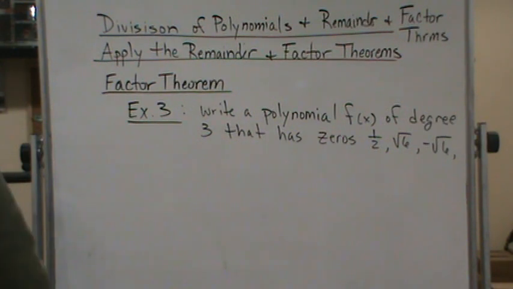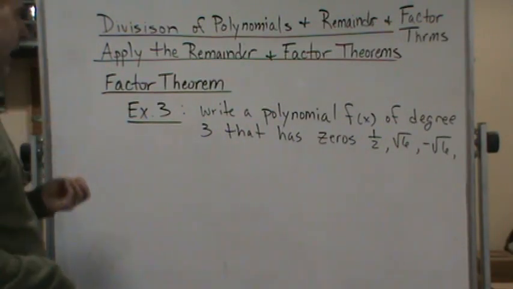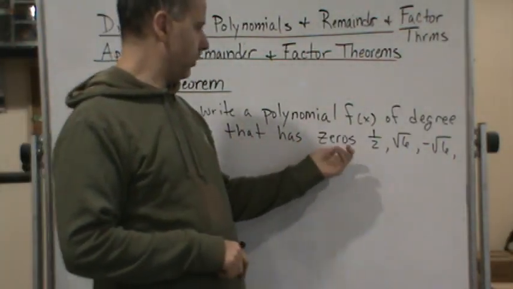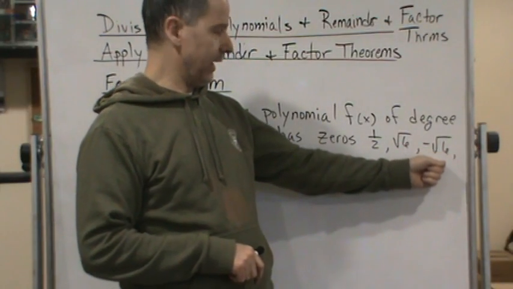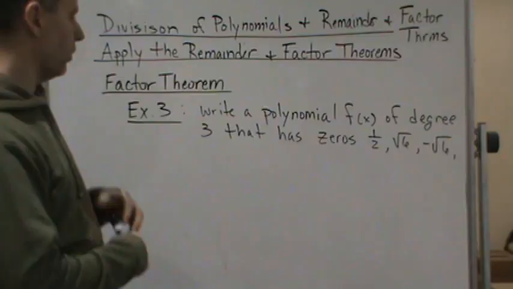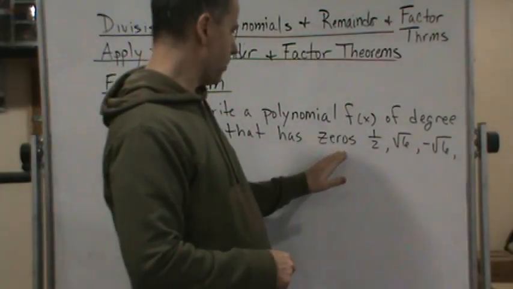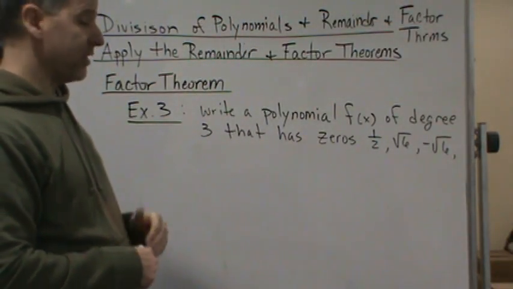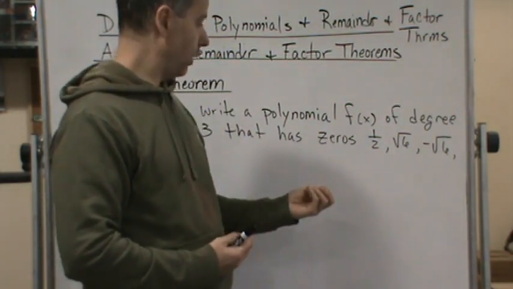All right, now let's look at this example here. Now this is giving us, again, talking about zeros, right? So it says write a polynomial f of x of degree 3 that has zeros 1/2, square root of 6, and the negative square root of 6, okay? So let's use what we know that we've learned so far. The fact that these are zeros, right, means that they solve the equation f of x equal to 0, which